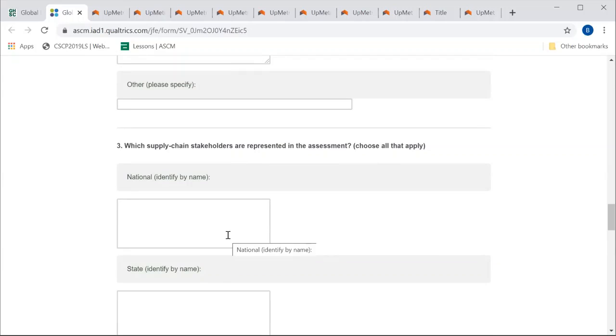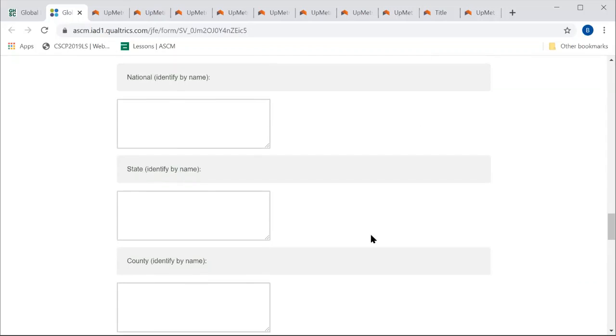Now, the selection of these participants for the assessment is really important. You need to have the right kind of people in the hall. And what do I mean by the right kind of people? The people who actually conduct this work and so are able to give you the right information with regard to what you're assessing. Because if you don't have the right set of people in the hall, it's going to skew your answers. And when you have skewed answers, your output is also going to be skewed because it may not be a true reflection of how your supply chain is actually performing.